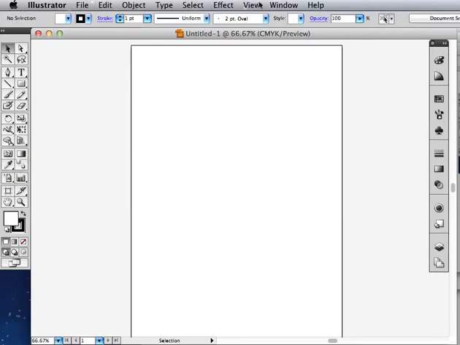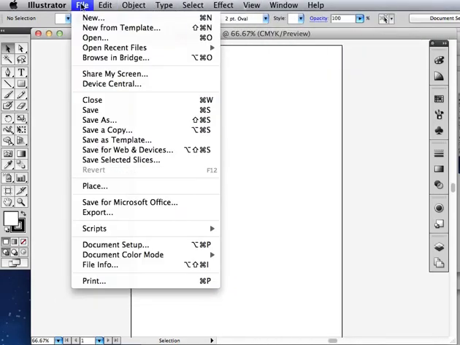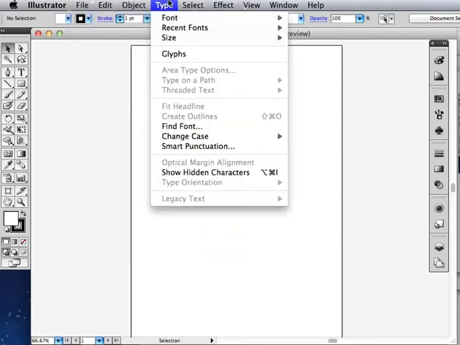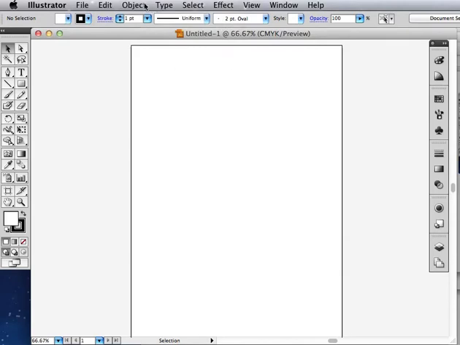Across the very top is our menu bar. We've got a range of menus with different things. Often there's shortcuts or different, more visual ways to access all of these functions in here. It can be a little bit difficult to find things up there, so often we'll perform a lot of these